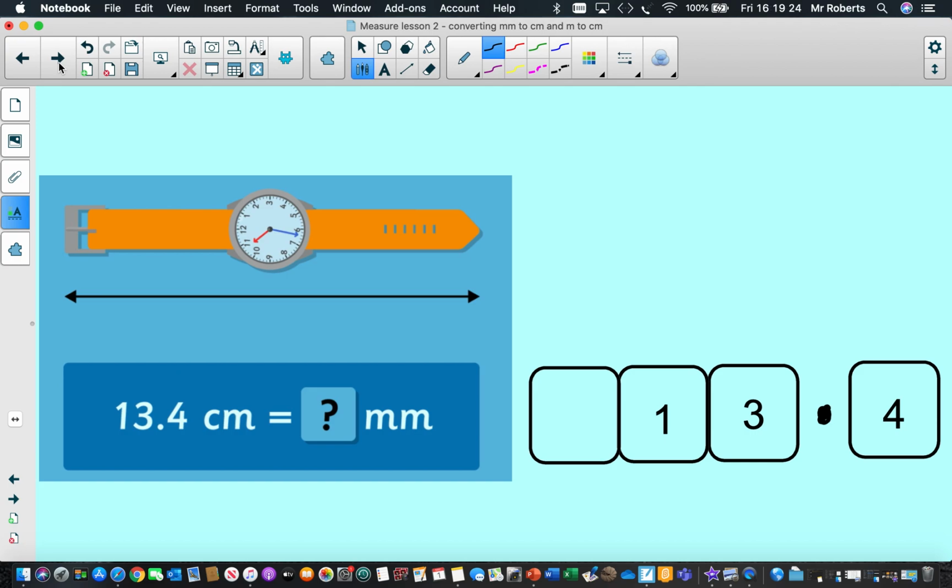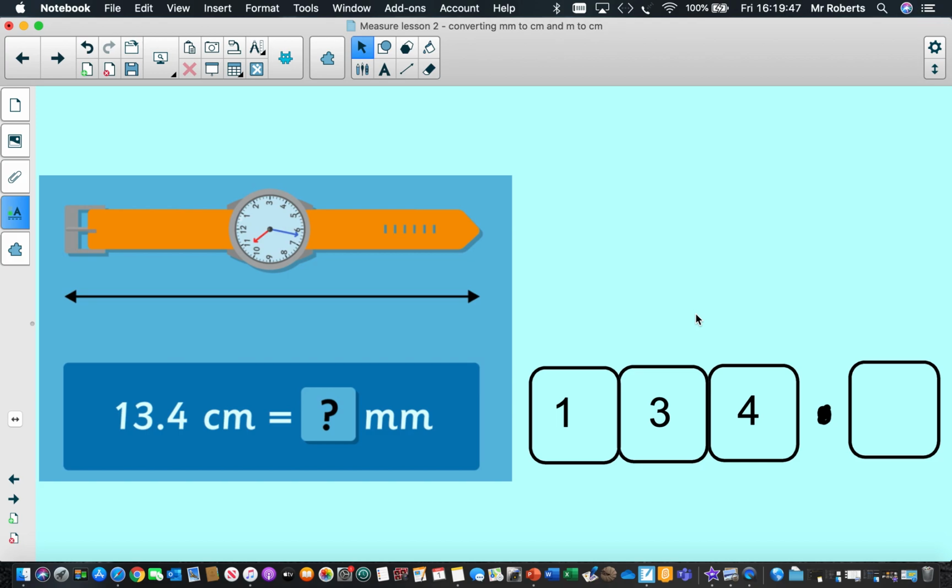So I might use a place value chart to help me. I've got one here ready. So I'm moving each number one place to the left. So I'm hoping it's going to let me. Yep, move my 1 there, move my 3 there, and I move my 4 one place. So my answer would be